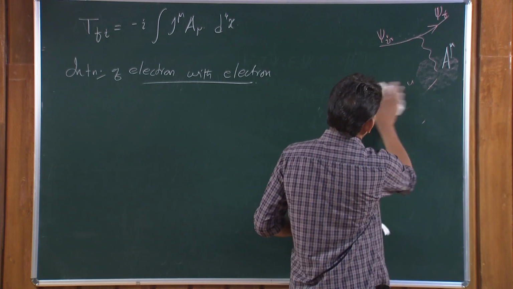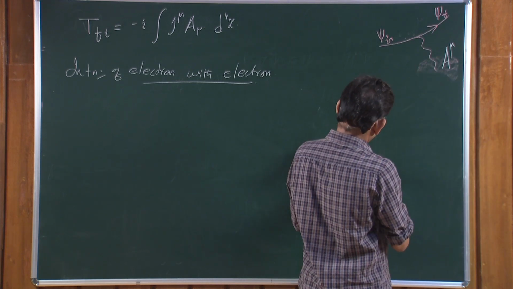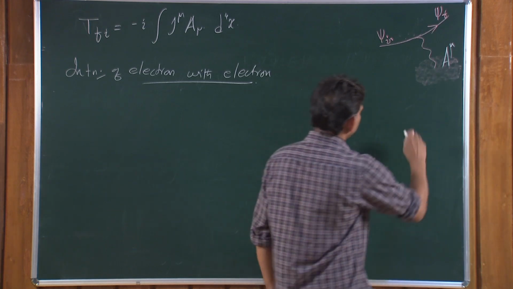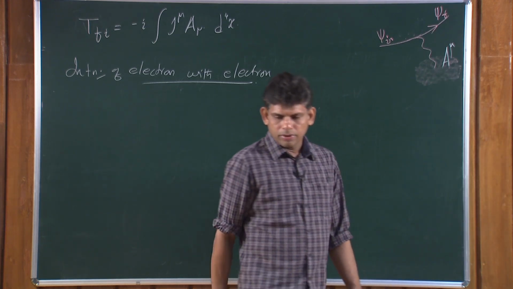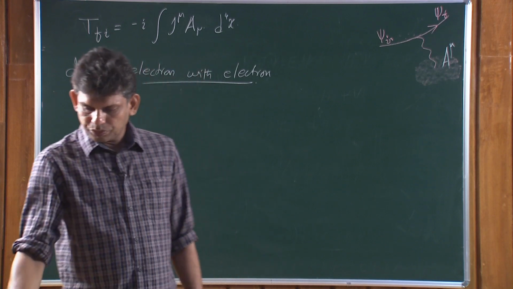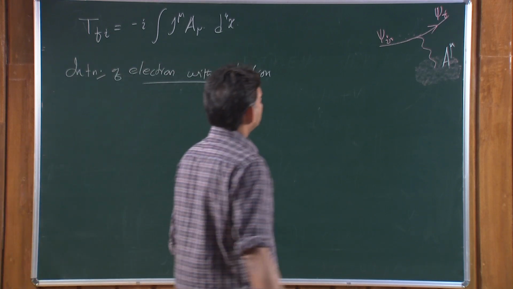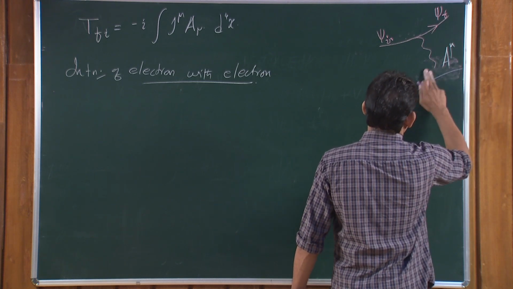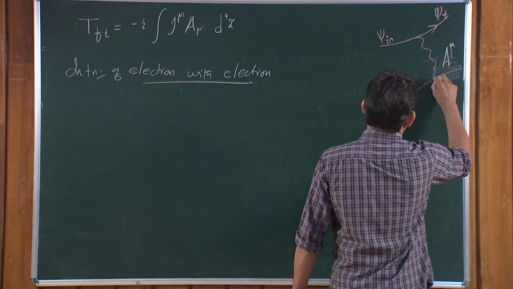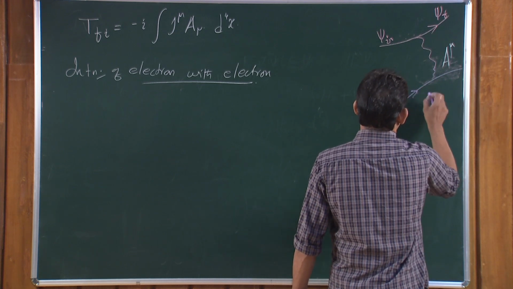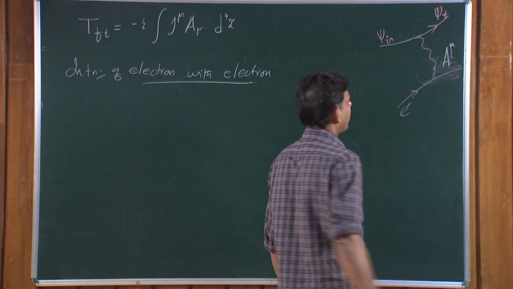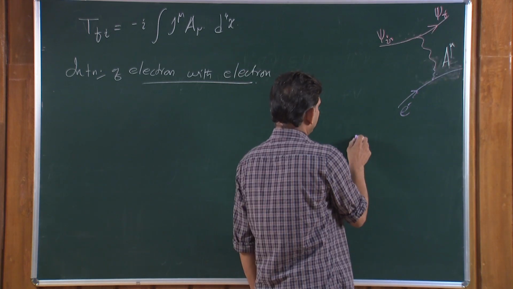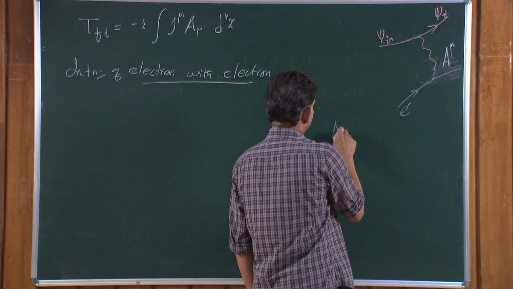This current is interacting with this electromagnetic field generated by another electron. So, this A mu is essentially coming from another electron. How is this connected with this? We know that Maxwell's equation